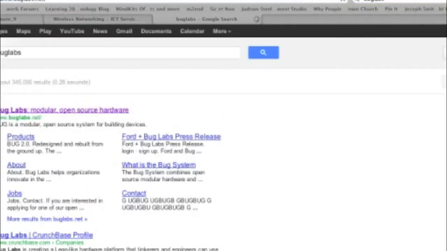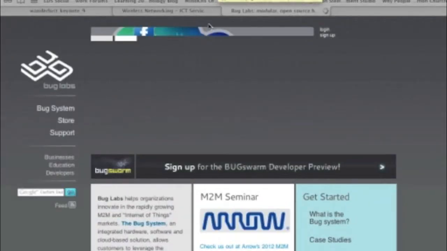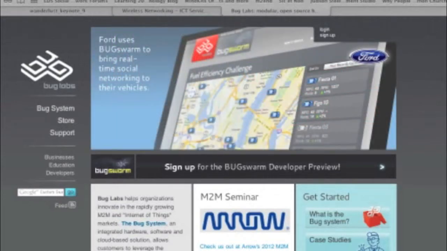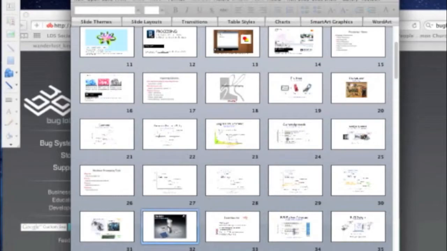Okay, so here's the Bug Labs website, and so basically what Bug Labs is, it's a modular hardware system that you plug modules together and build prototypes with very little development. So let me give you a little bit of background on the company first, and then I'll